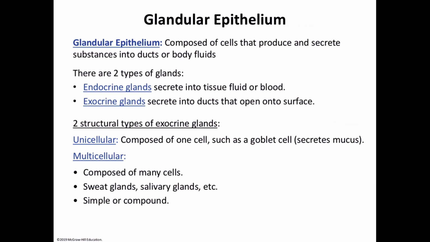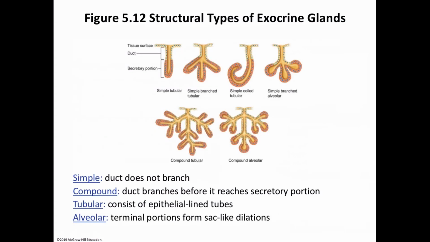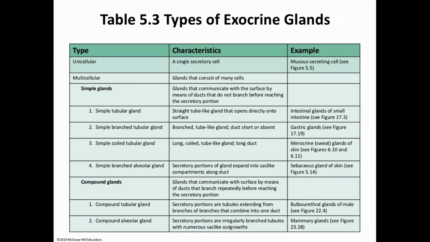So we'll begin now with the exocrine gland. That exocrine gland, class, might be one epithelial cell, meaning a unicellular gland, such as that goblet cell that secretes mucus. And it may, class, be composed of many cells, or be multicellular, such as, of course, our sweat glands, or even our salivary glands. I won't spend a lot of time, class, on simple glands versus tubular glands. However, I'll spend a bit more time, class, when we get to